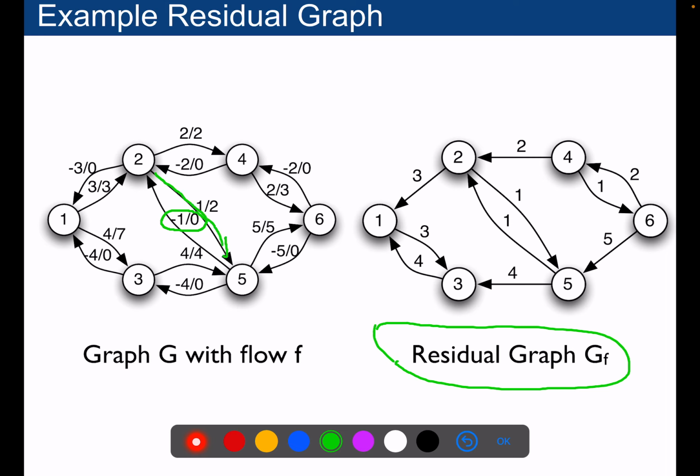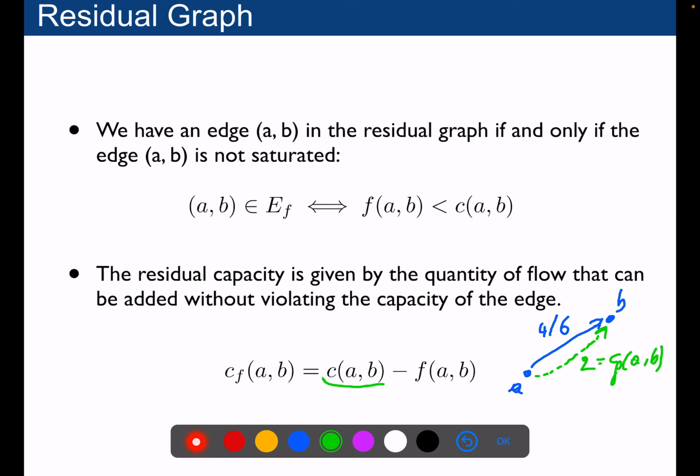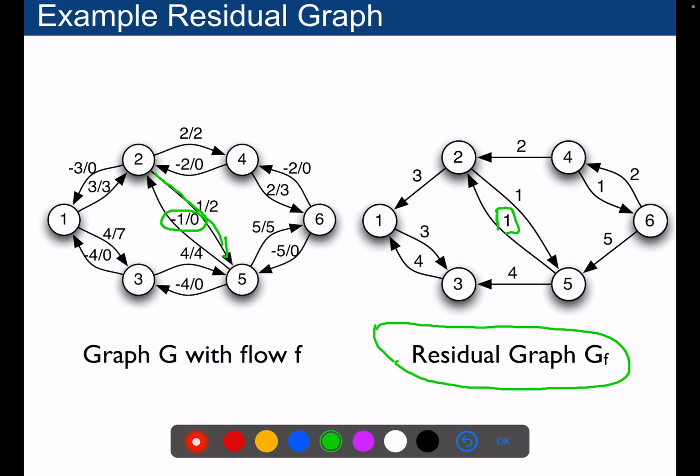So in the residual graph, according to our definition, which is the capacity minus the flow, it will be 0 minus -1 here, and so we have a residual capacity in that direction of 1 as well. Which means that we cancel the flow in that direction if we use that edge in the path to augment the flow. So that's the idea of the residual graph.